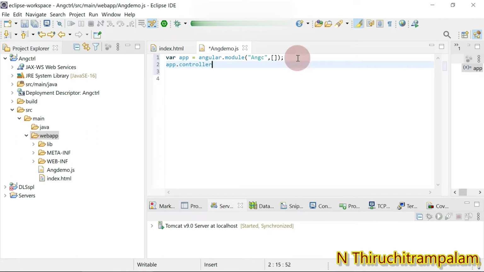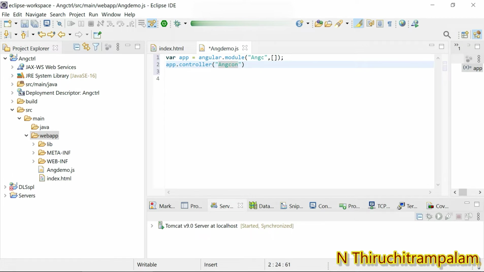Within the parentheses, as a parameter, I'm going to give the controller name within double quotes, ANGCON, or otherwise I will use ANGC.